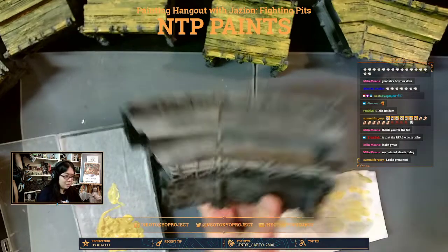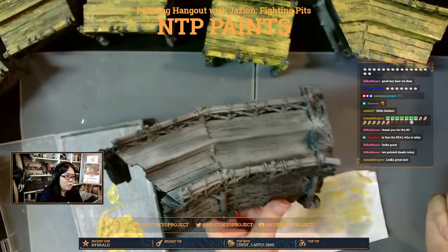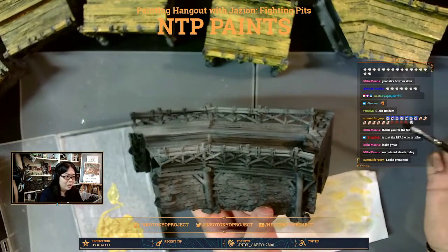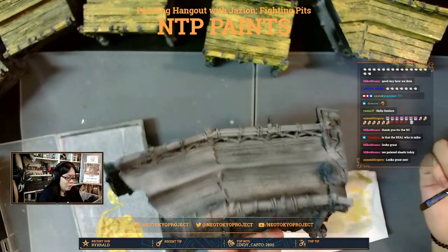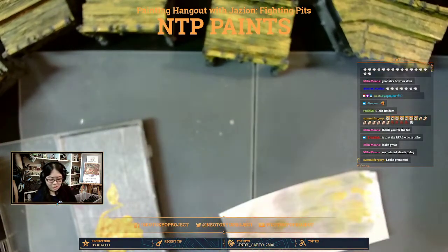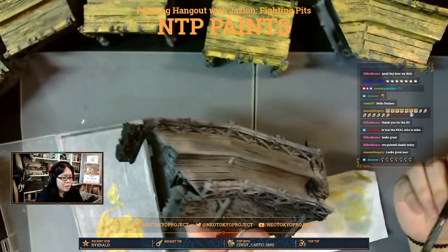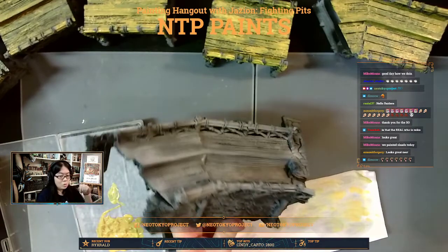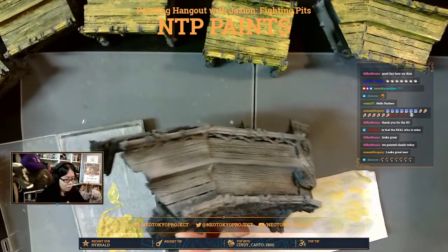Yeah, so this is one of the things that people can get really confused when they see me painting this, because it looks so weird to be painting something yellow at the start. But you don't realize that when you're actually painting wood, a lot of the color in wood isn't really just pure brown. It's kind of like yellowish brown or even reddish brown or grayish brown. So when you underpaint wood and you go over...